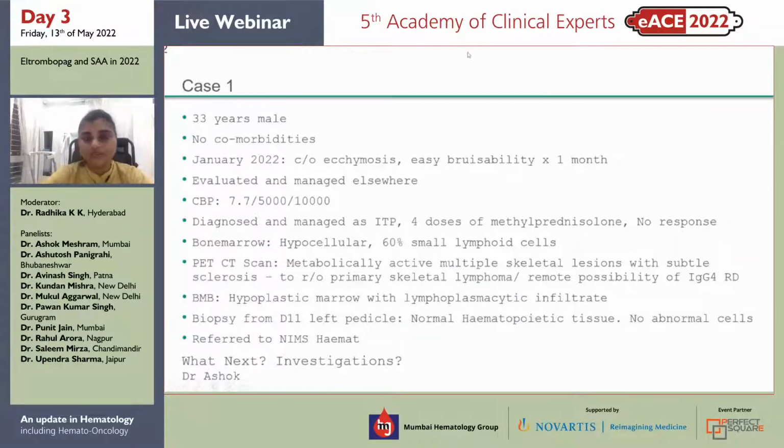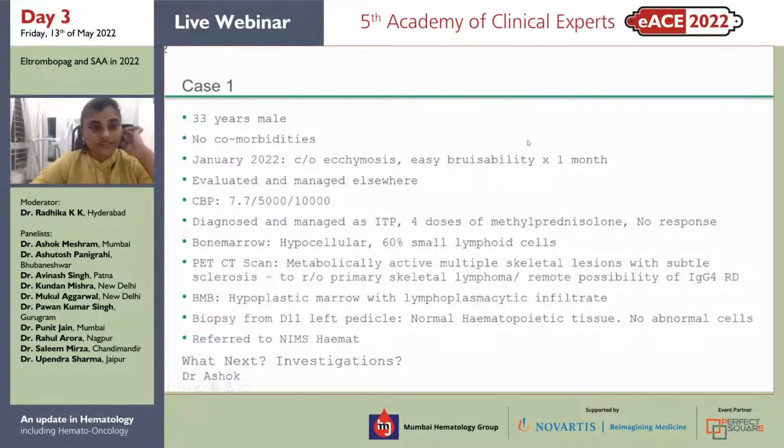Thank you, Mumbai Hematology Group, for this great opportunity. I'm Dr. Radhika from Nizam Institute. It's a pleasure to be moderating the session with the great panelists here. Sir has already introduced everyone. For the next half an hour, I'm going to discuss 4 of my cases which I've encountered in my regular practice. So without wasting much time, going to case number 1. Here is a 33 years old male,